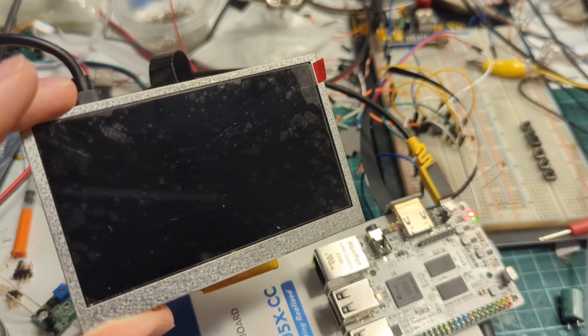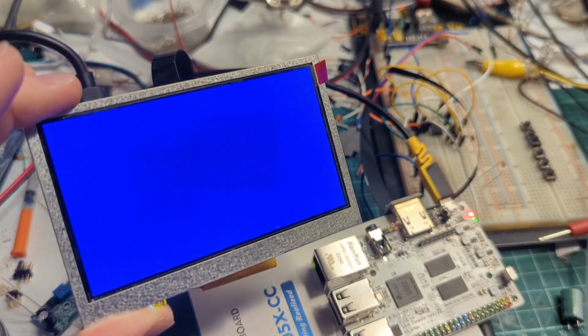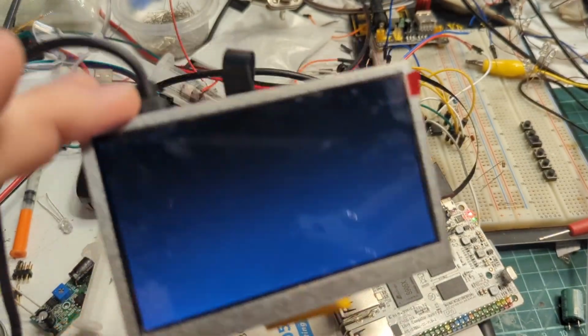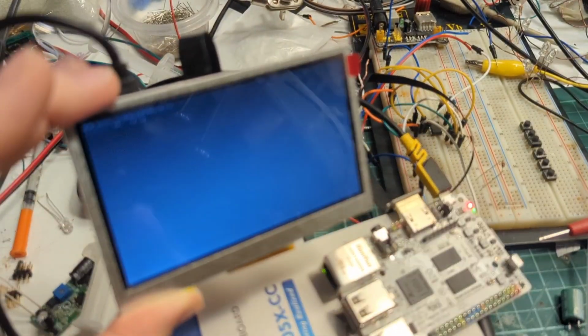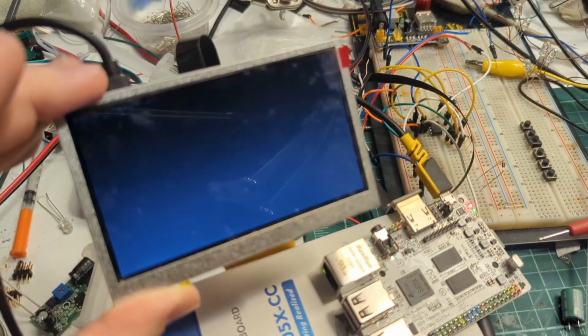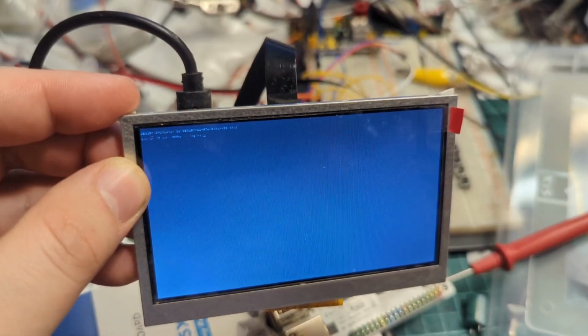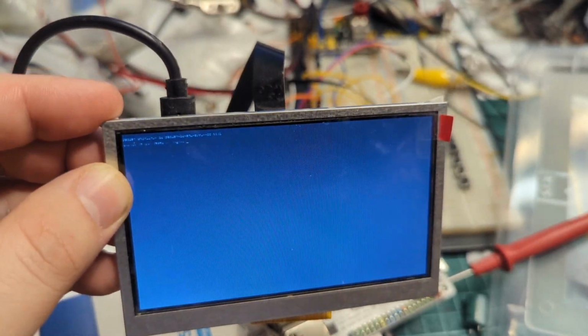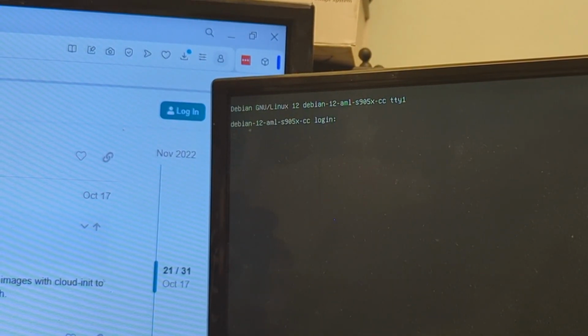And... oh, I see some... hey, there it is. I can't see anything. But that's fine, because now we can figure out how to SSH into this thing and change the resolution and get all the good stuff done. Okay, maybe I should connect an external monitor for the time being. Hey, look at that goodness.